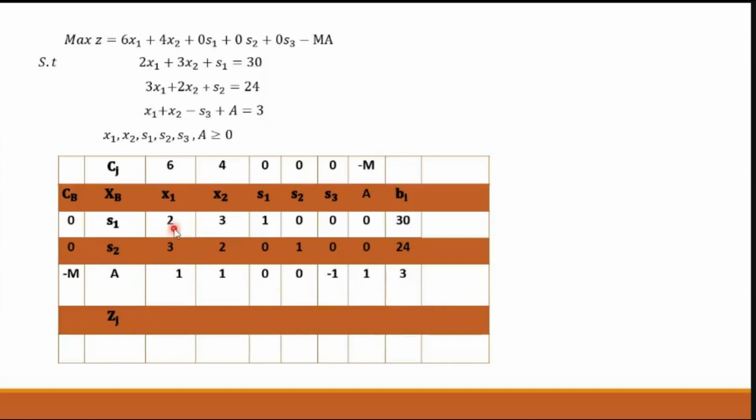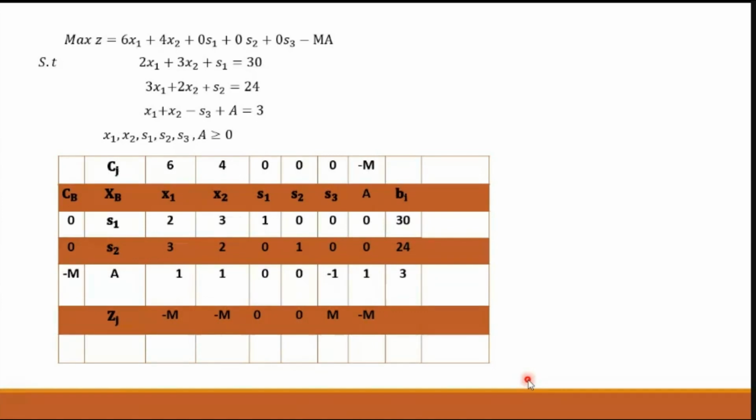तो 0 into 2 plus 0 into 3 plus minus M into 1. तो ये हो जाएगा -m. बाकी दो 0 है. फिर सेकेंड कॉलम का लिखना है, 0 into 3 plus 0 into 2 plus minus m into 1. Again it is equal to -m. फिर 0 into 1 0, 0 into 0 minus m into 0, that is again 0. Then 0 into 1 0 0, then 0, again this is 0. Then 0 0 minus m into -1 will become m. Then 0, 0 and this will become -m. ठीक है,